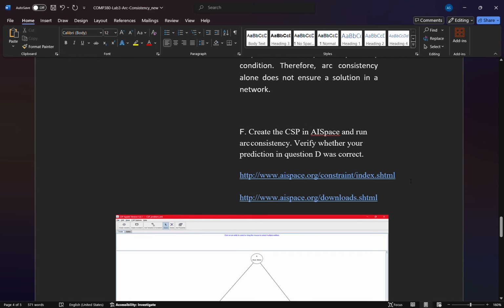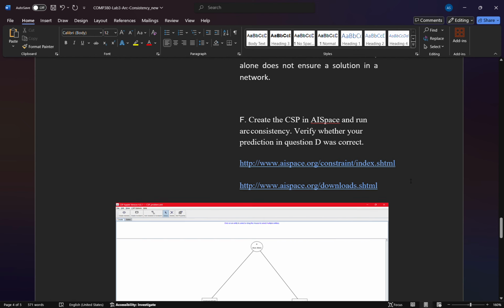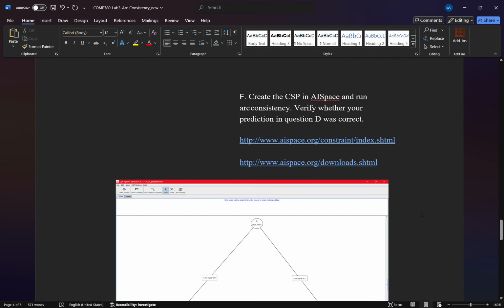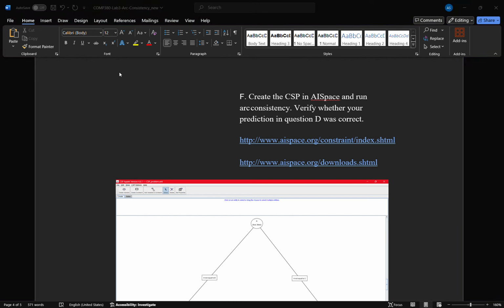So I created this CSP in the AI space, and so this was the CSP graph that I made here. I added the variables a, b, and c with their domains true and false, and also the constraints like a not equal to b, a not equal to c, and b not equal to c. So when I solve this,